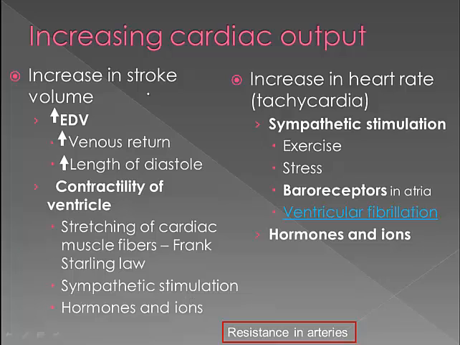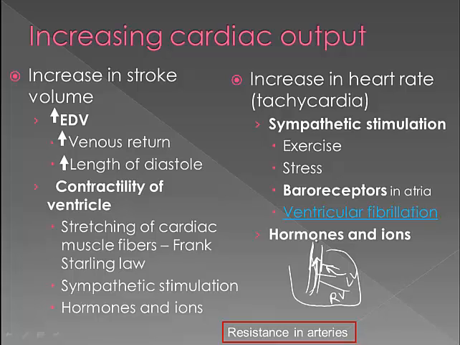Another factor which helps in stroke volume is the resistance in the arteries. So again, if we look at the heart like this, here's the pulmonary artery coming out from here and the aorta coming off from the left ventricle. So this is left ventricle, this is right ventricle. The arteries should not offer too much resistance. Blood should be able to flow easily from the ventricles into the arteries. If that condition is normal, then the stroke volume automatically will be adequate, and you can increase your stroke volume